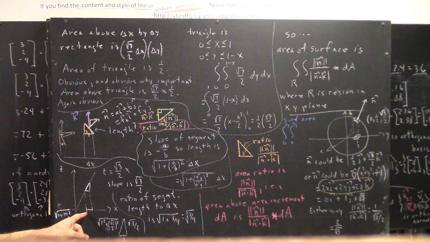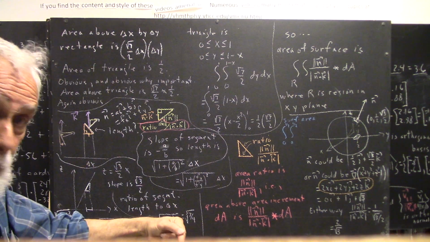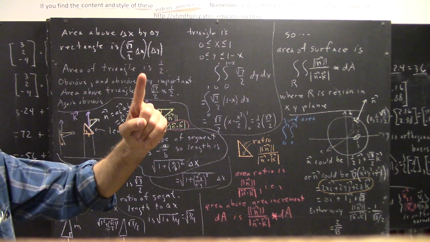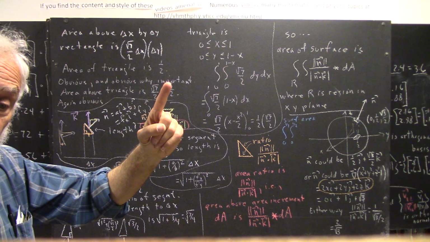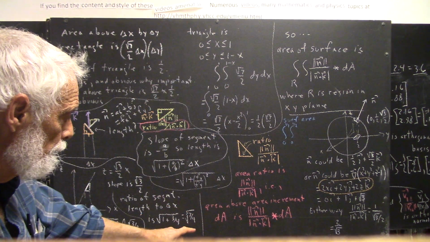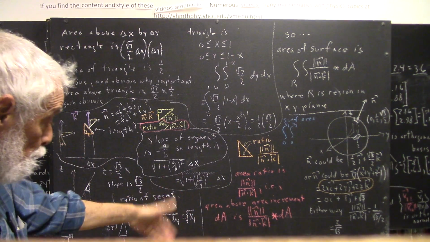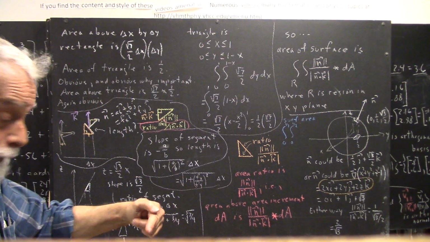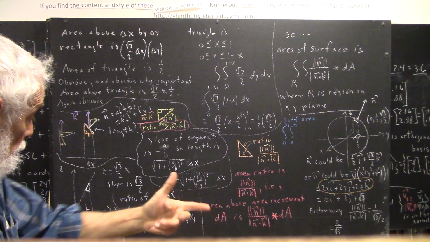If we have a small increment delta x, that's our delta x here, then on the plane, the corresponding edge of our region on the plane is going to have length square root of 7 divided by 2, or square root of 7/4, times the delta x down here. The delta y is going to be the same